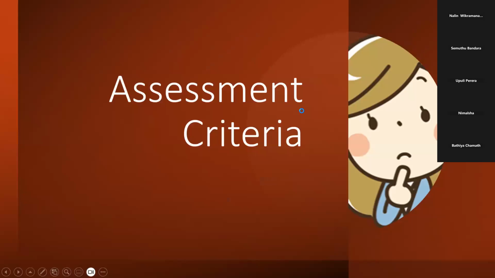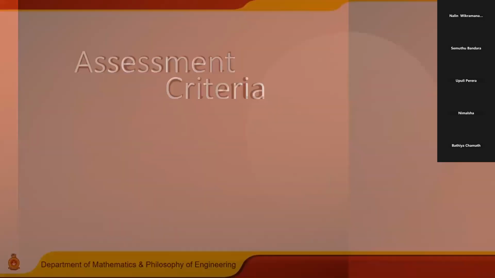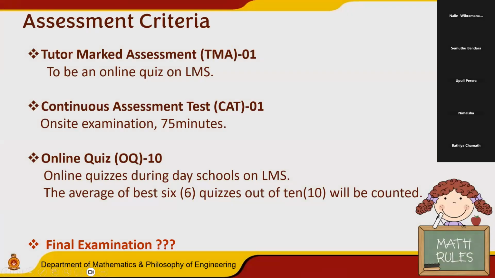Then I will move on to the assessment criteria. So earlier, I explained that there are some activities. For some activities, we are giving marks. One is the tutor marked assessment, that is TMA. We have one tutor marked assessment for this course. So this is an online quiz in the LMS. And the next one